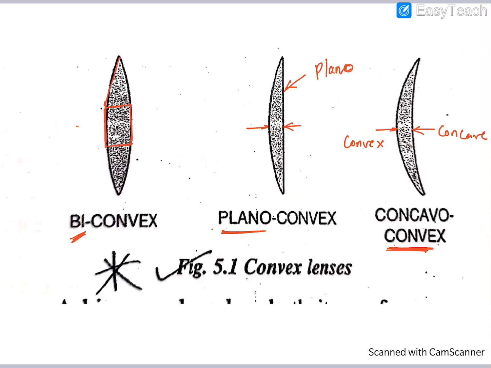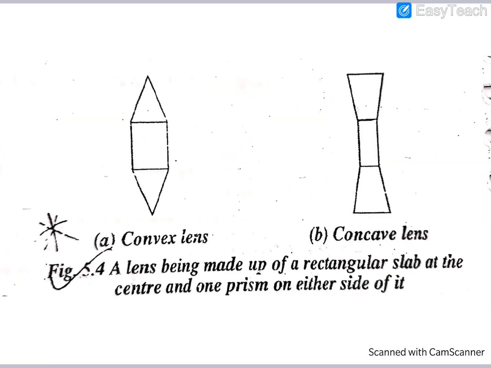So this one is like a slab, and if you look at these ends, these look like what? Prism. So if you take one prism, one glass slab and two prisms, you can obtain what? A convex lens. That's what we have shown here. That we've got what out here? This is a prism. This is a glass slab. And then again there is a prism here. So if you have two prisms and a glass slab, you can put them in these positions and you can use it as a convex lens.